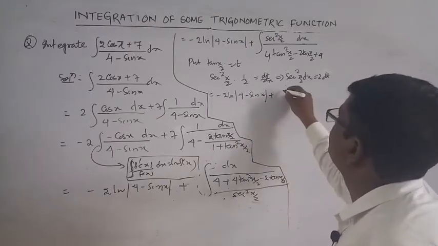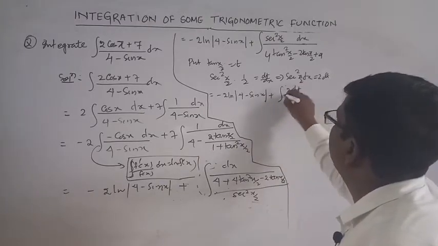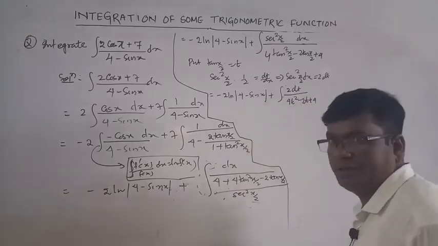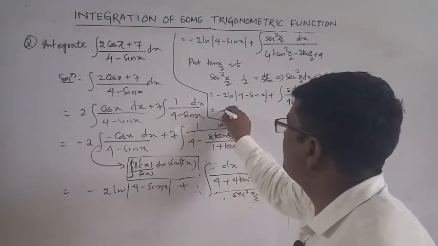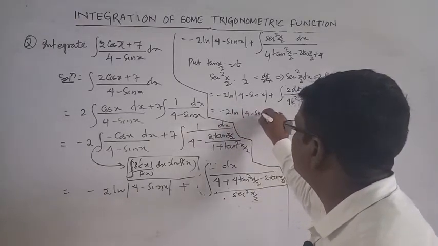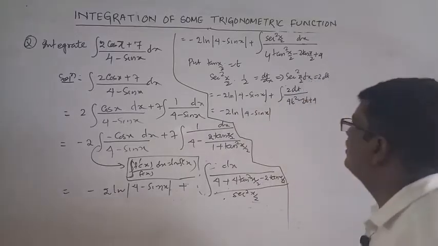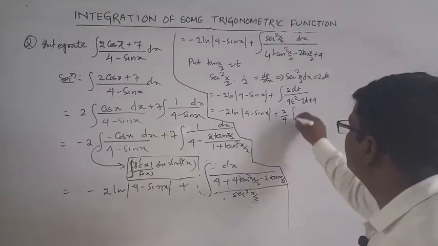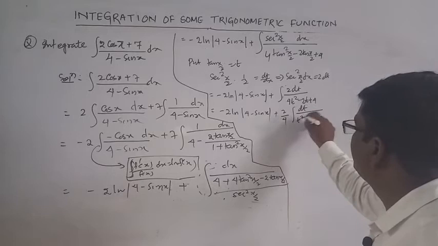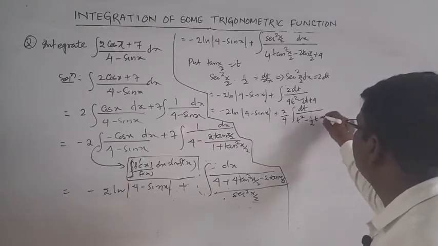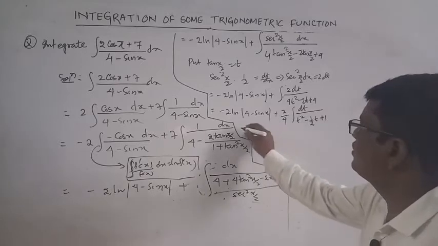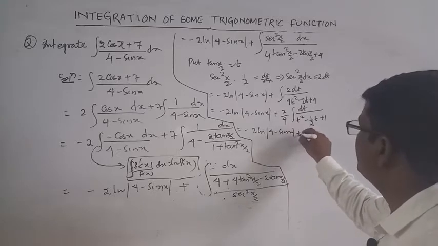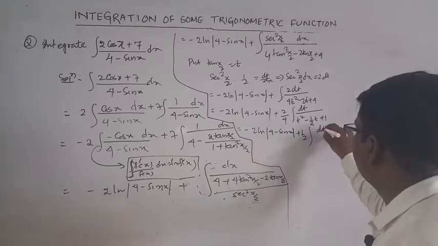2 into dt by 4t square minus 2t plus 4. Now this is equal to minus 2 ln 4 minus sin x mod, and 2 common here, and in the denominator 4 common. This is dt by t square minus t by 2 plus 1. So this is minus 2 log of 4 minus sin x plus 1 by 2 into dt by